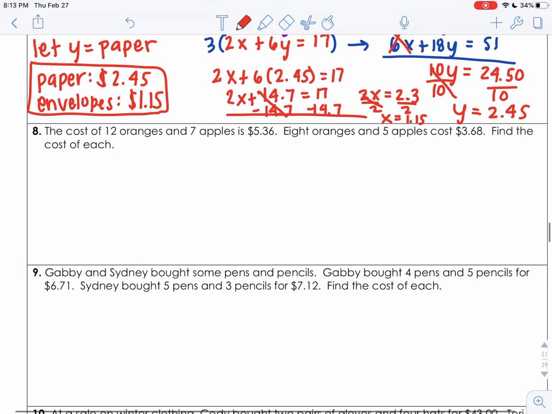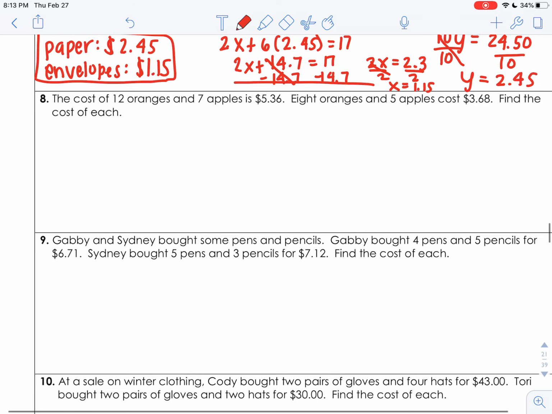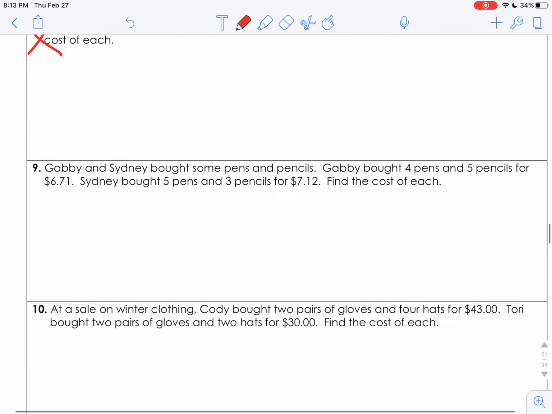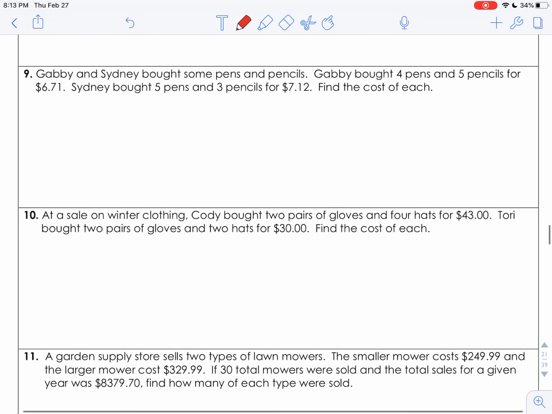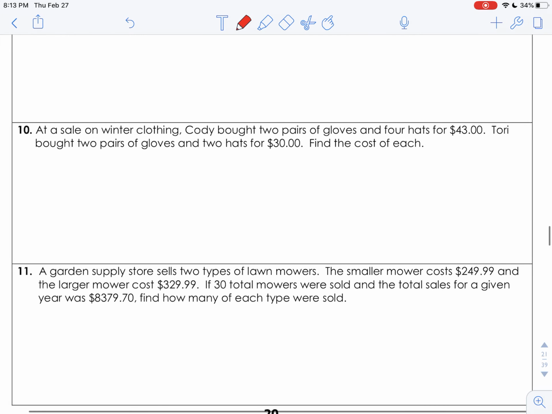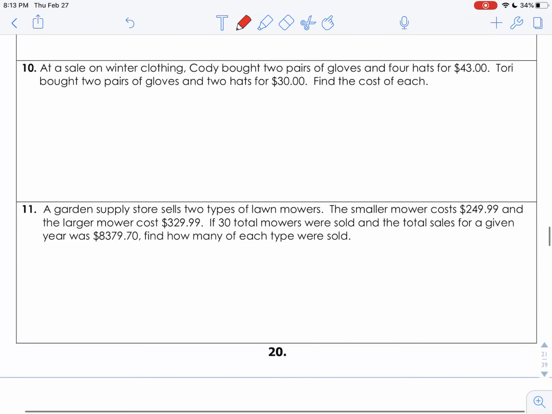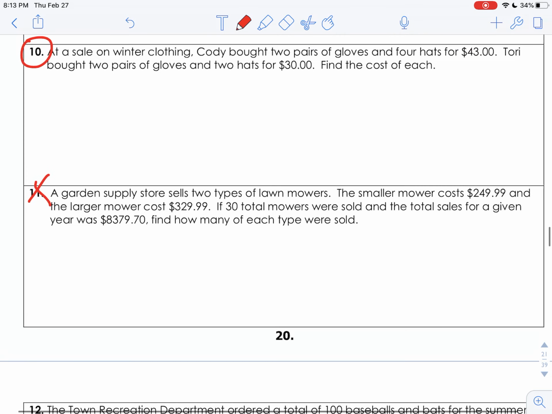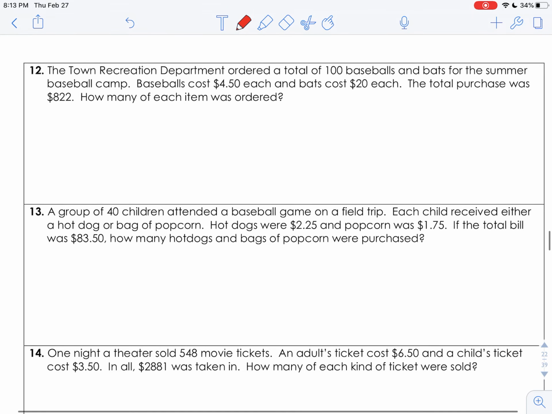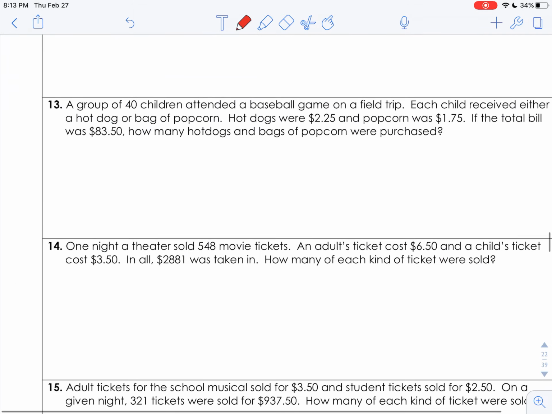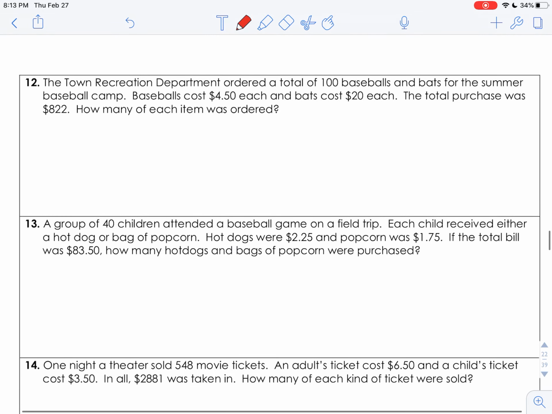Okay, so number 8 is really similar. Okay, let's skip 8. Why don't you guys try 9? And 10. And we'll skip 11. Okay. There's 20 here, right? Yeah, okay, so we're not going to do all these. So let's try